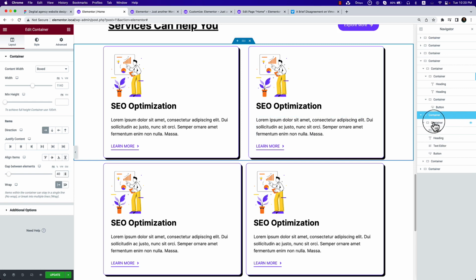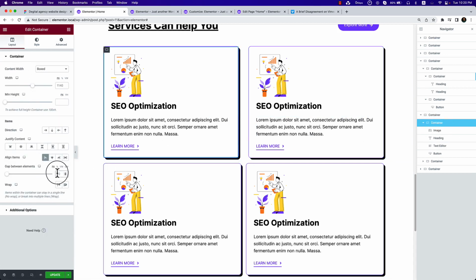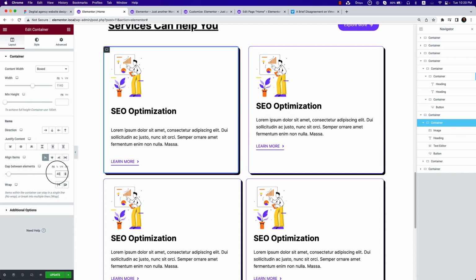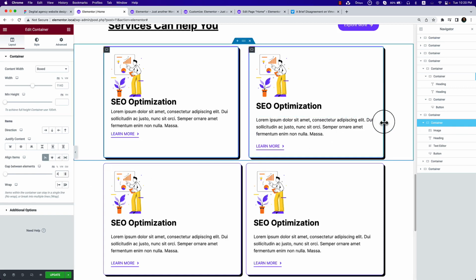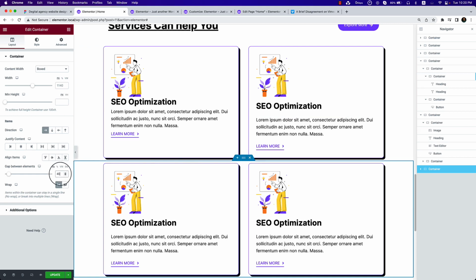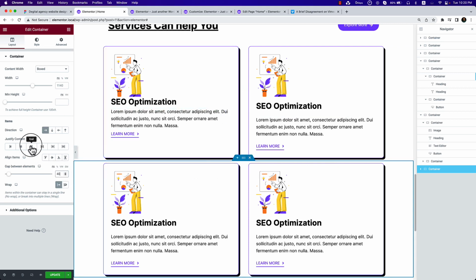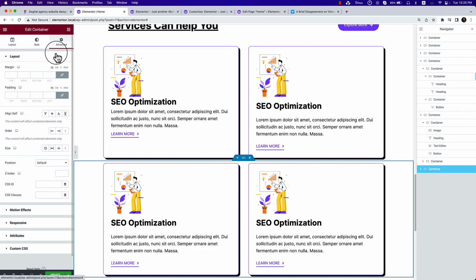Again, select the second container and add gap between 40. Okay, not this one, this one, and add a gap between 40 pixel. And also, to add gap between the above section and the below section, let's click advanced, add some margin top 20,